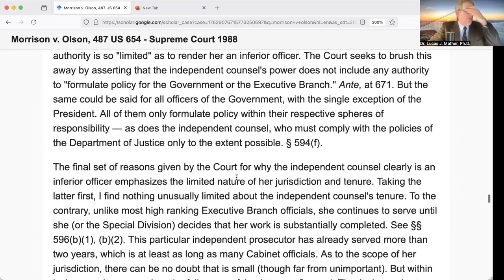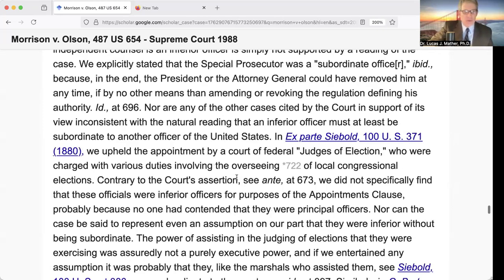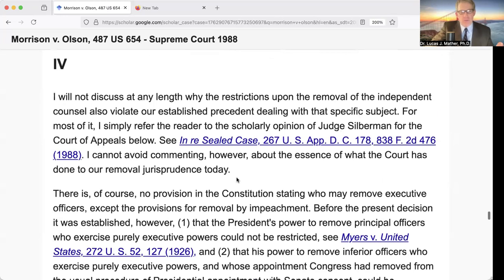We're looking for Roman numeral IV in Scalia's dissent, Morrison versus Olson. And here we are. "I will not discuss at any length why the restrictions upon the removal of the independent counsel also violate our established precedent dealing with that specific subject. For most of it, I simply refer the reader to the scholarly opinion of Judge Silberman for the Court of Appeals below." Well, that would be, I can't help but say this, a TRP guest here on this podcast,